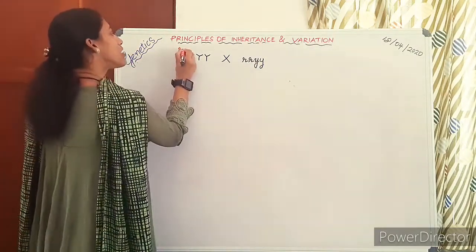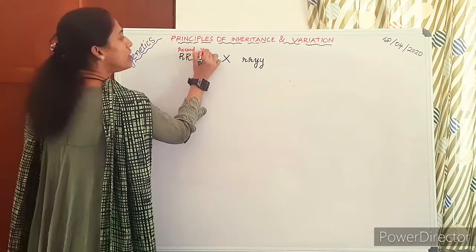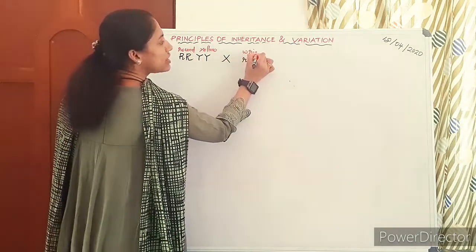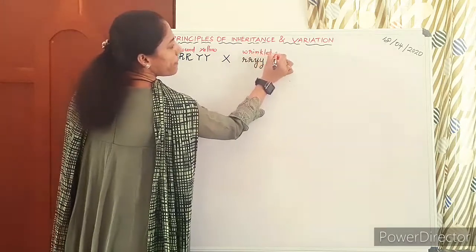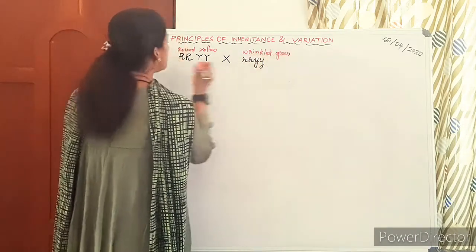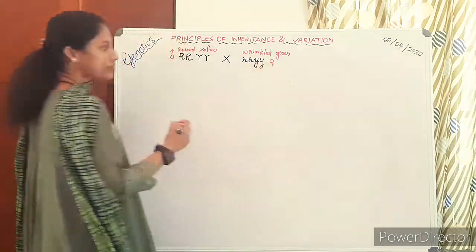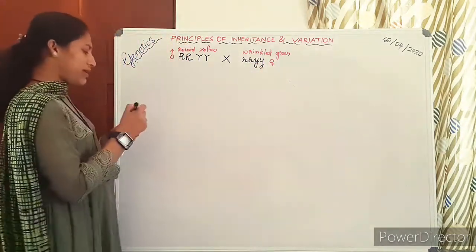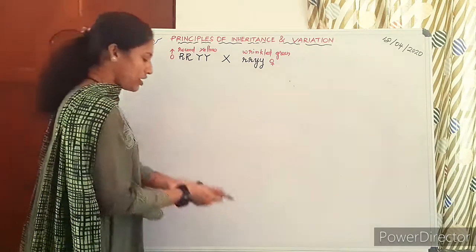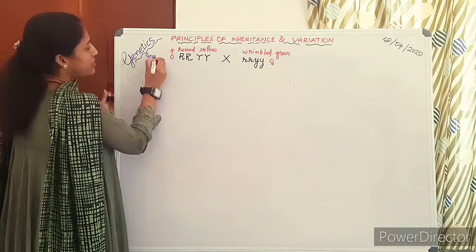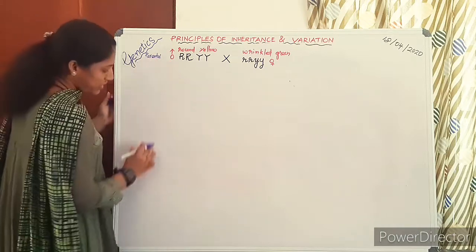So this is round yellow, and this is wrinkled green. Inside, one of these is a male, the other one is female. So this is the parental generation. I already told you, you have to write it in the left series, like parental generation, all the details should be written